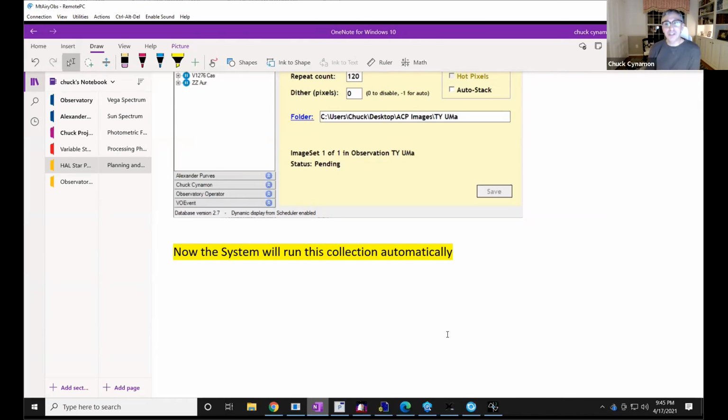And I do have an O minus C diagram, which is observed minus calculated, coming up in the next section. And this one in particular, it has been changing. And I will share that.